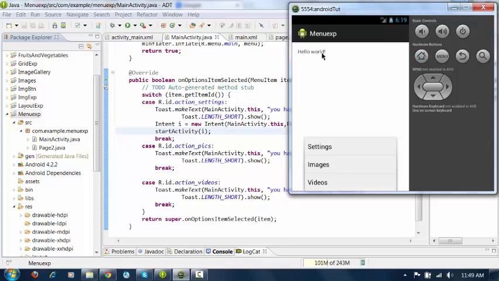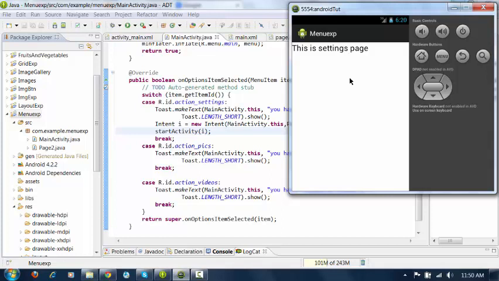See, we are in the home page now. If I click on settings, you have clicked on settings and it is moving to page 2. So this is how you can use the menu in your application and how you can give action to